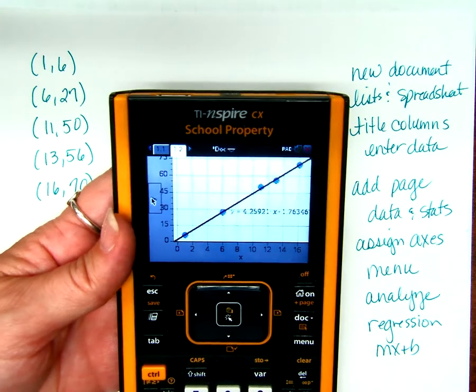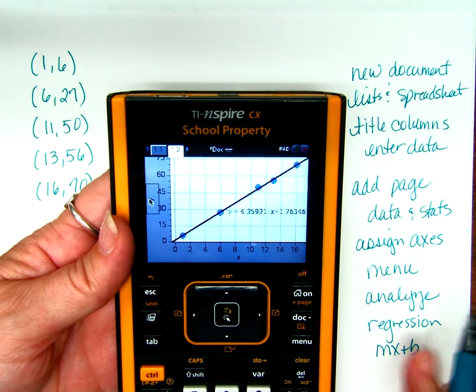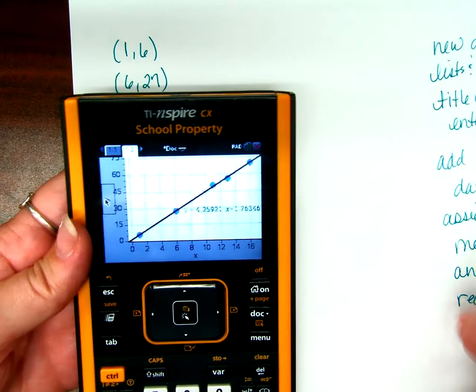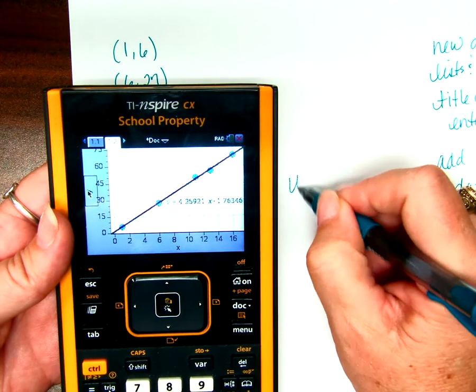So what do I write down on my paper for the equation of that line? Because the homework is going to ask for the equation. What do I write? Y equals